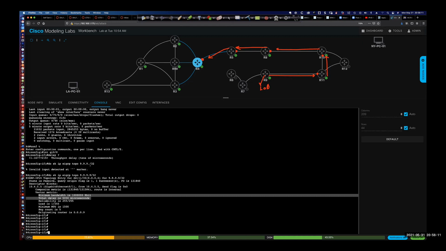EIGRP tells you there it is. So now what we're going to do is flip the script a little bit here, no pun intended by script, but I'm going to show you what I use to display how the value gets calculated. So you can see here, we've got 1,000,000 kilobits a second. We've got 50/50,